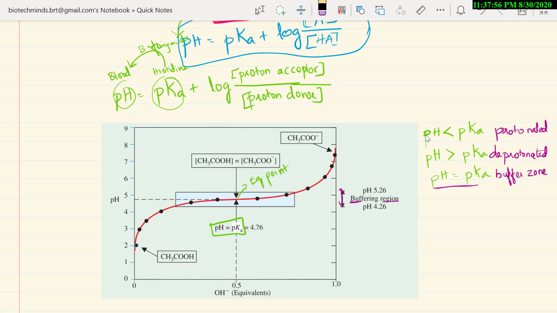Now if pH is greater than this pKa, you can see from 5 it goes on to 6, 7, 8, 9 or so. So it is deprotonated. Hydrogen ions are removed from that weak acid. At this position, acetic acid concentration and acetate concentration are equal. At the pKa value, where pH is equal to pKa at 4.76, both are equal. The conjugate base and the weak acid are equal.